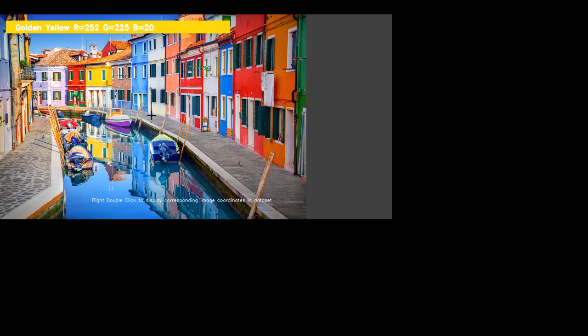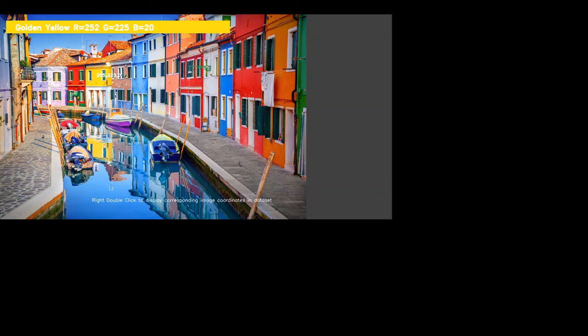It's shown golden yellow for the RGB values 252, 225 and 20. If I want to display the nearest RGB values that were there in the dataset, I right double click and this is what I get: 255, 223 and 0.